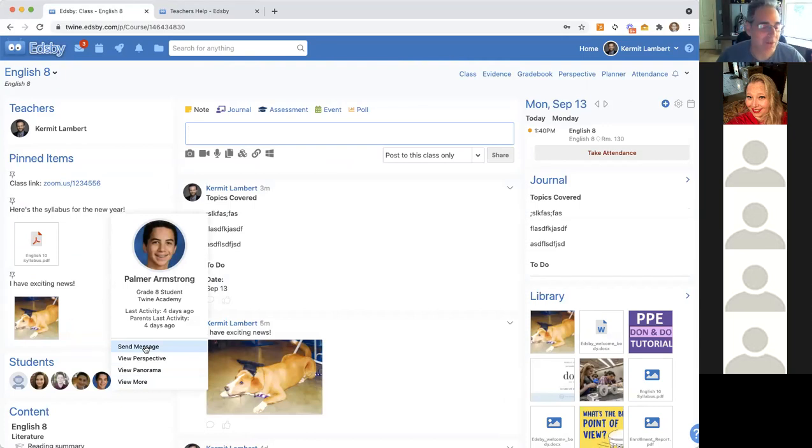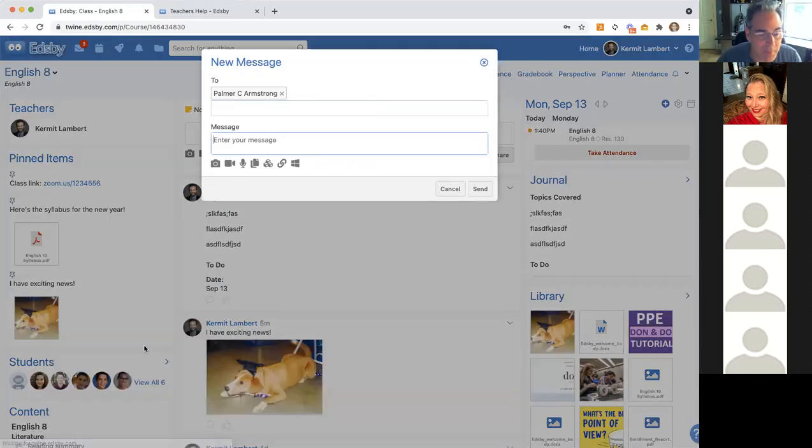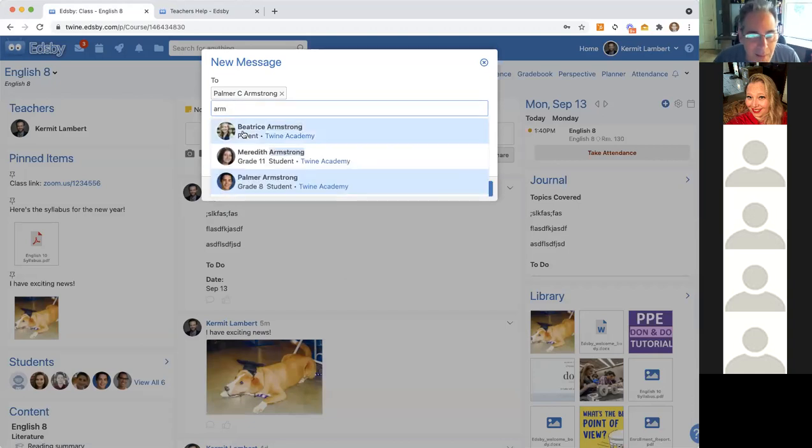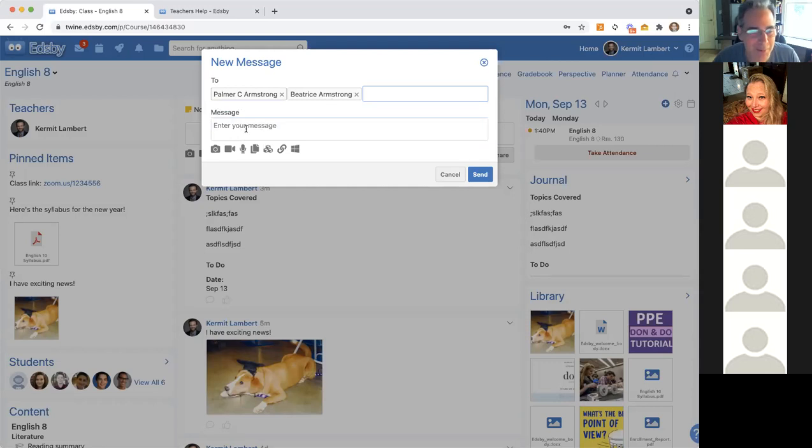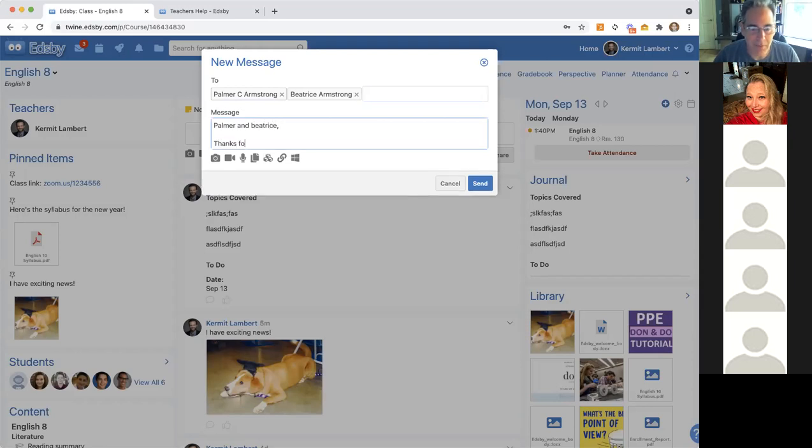And I can send messages from a bunch of different places in Edsby, but the important thing is that when I'm sending a message, it allows me to specifically say who it is that I'm sending this to. So here's Palmer Armstrong. Maybe I want to send it to his mom as well, and I know her name is Beatrice. I'm going to add her name to the list, and I'm going to say, Palmer and Beatrice, thanks for, whatever it was. And I go ahead and I hit send,